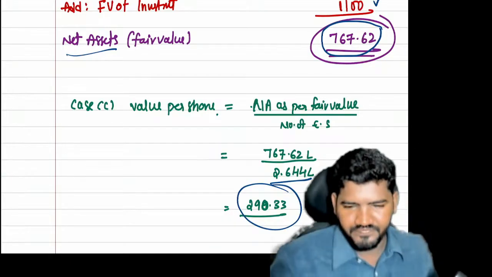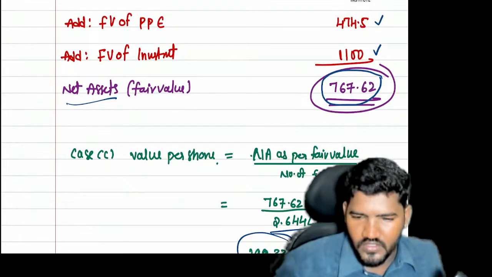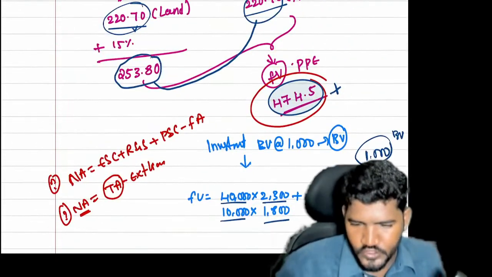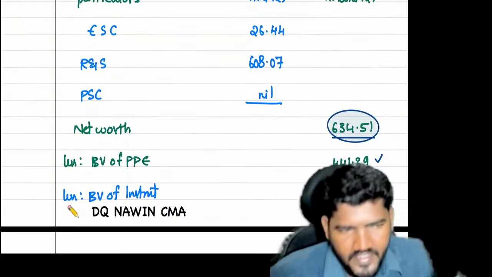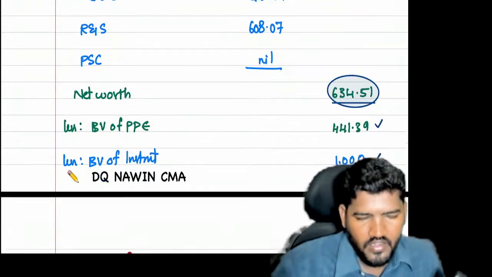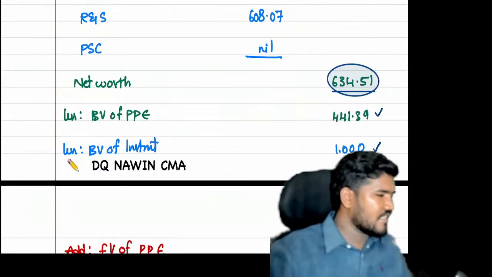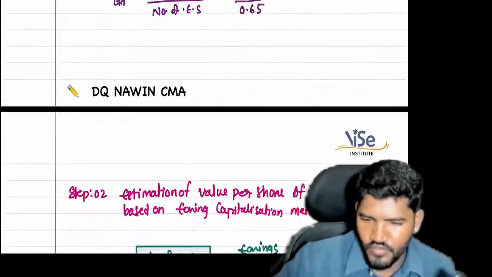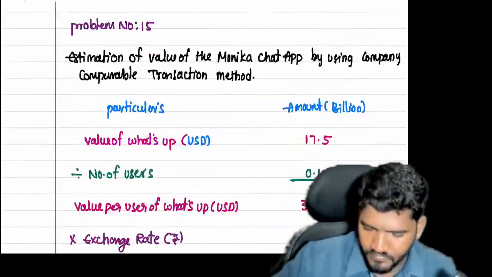Guys, clear? If you understand the subject, you can do it any way, guys. All give the same answer. Liability side calculation also gives the same answer. Asset side valuation also gives the same answer. So if you are okay with this concept, I want to explain